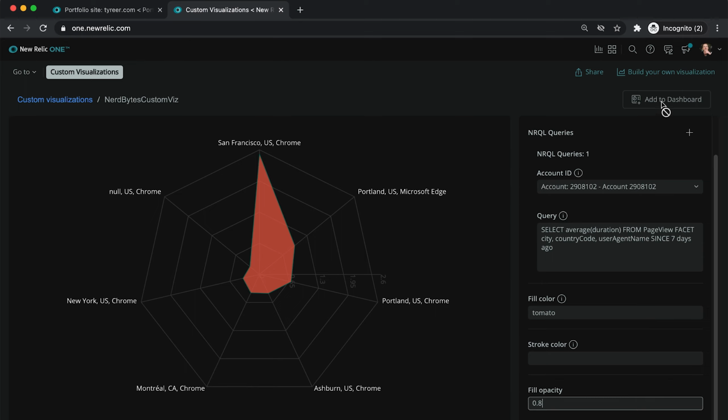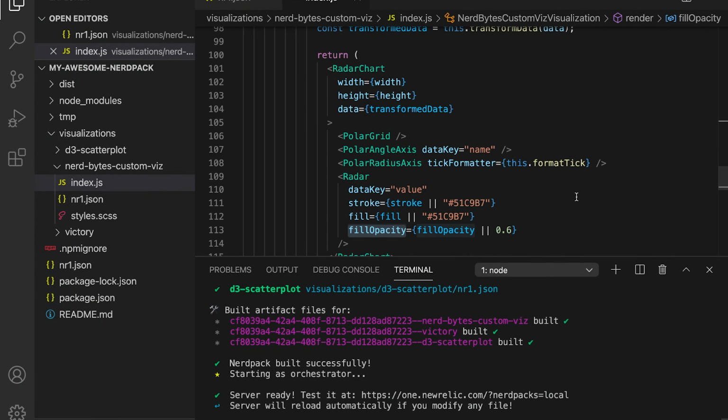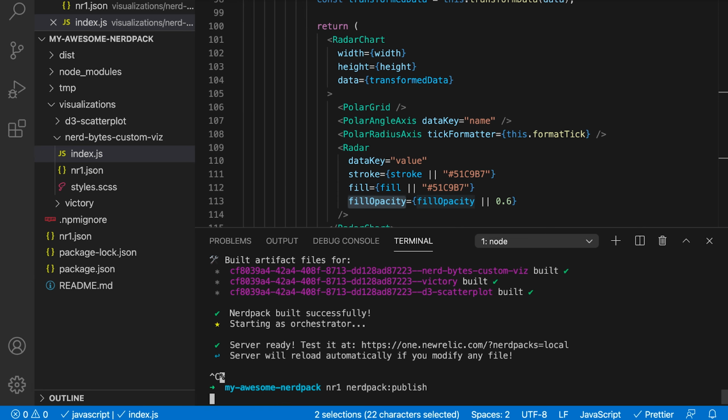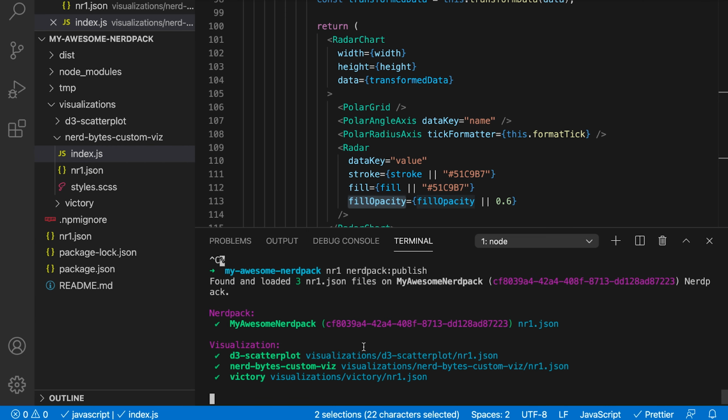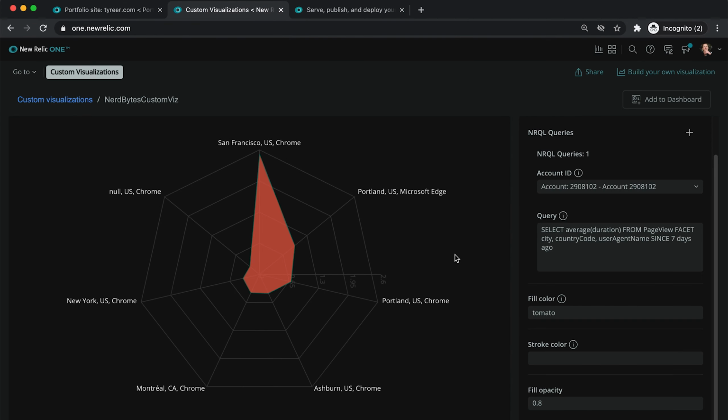To add this to a dashboard, the documentation is going to tell me that I need to go ahead and publish the changes to my NerdPack. So I'm going to run nr1 nerdpack:publish. This is going to send up those changes to the visualization here in my NerdPack so that other people will have access to them if I enable them to access my NerdPack. So if I go ahead and take off nerdpacks=local here,